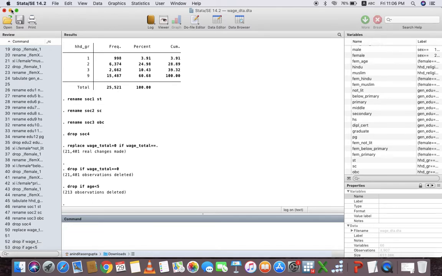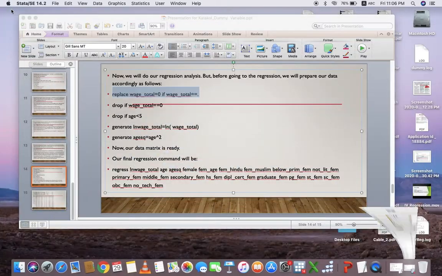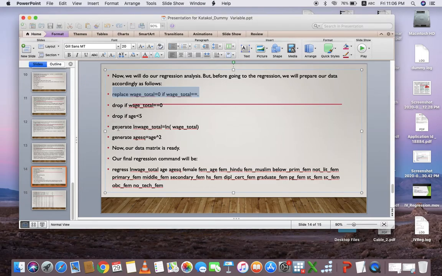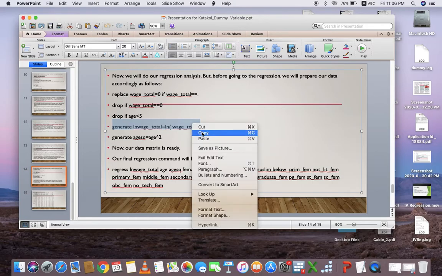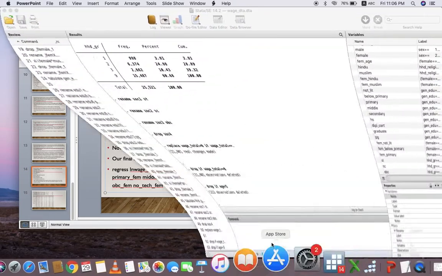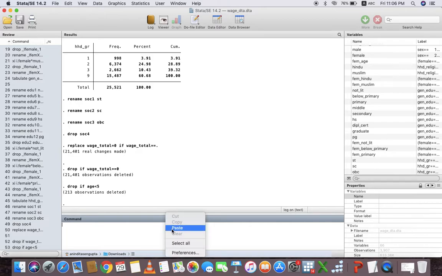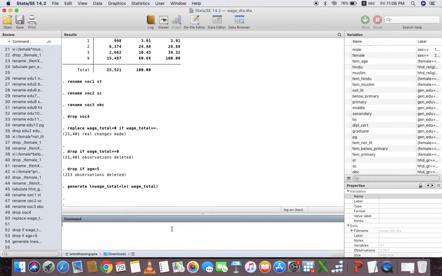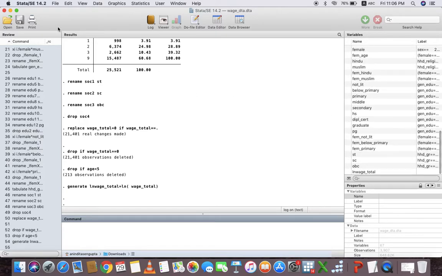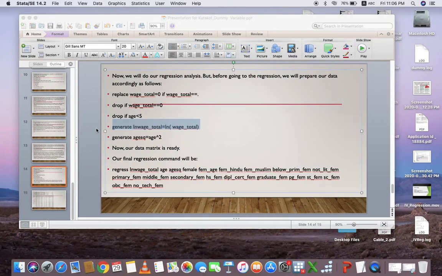Now generate ln wage total as ln within bracket wage total. So we have created the ln wage total variable.